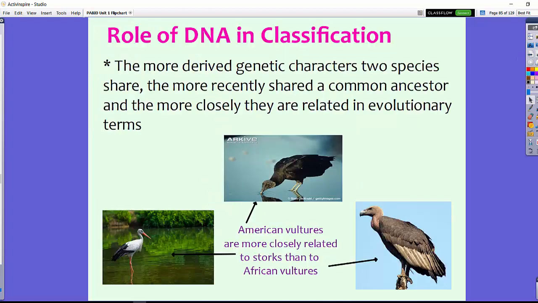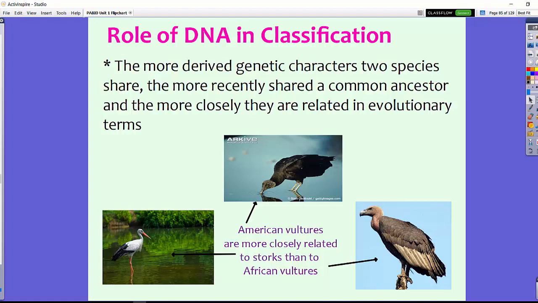So let's take a look at the role of DNA in classification. As with evolutionary classification, DNA plays a humongous role. That role helps scientists to determine what that derived character looks like and how closely two species or two organisms are together. If we take a look at these three pictures,